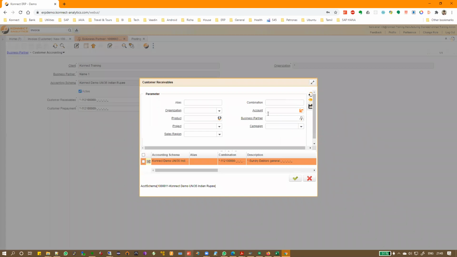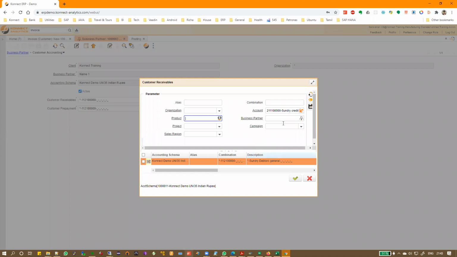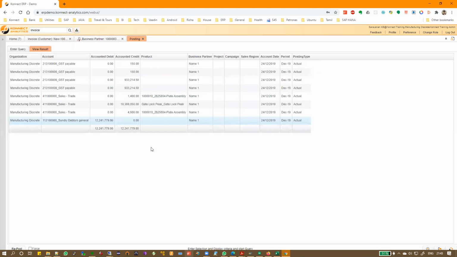So I'm going to reset it here. Okay, so it was sundry debtors, right? I'm going to make it sundry creditors, just to see how it works. When I change this here and save it, automatically nothing will happen. What I need to do is go to the document which is already posted, click something called repost here, and force it. So I force it and I say repost.